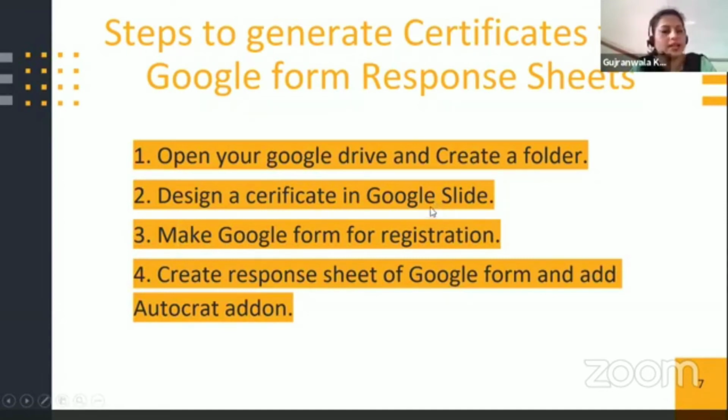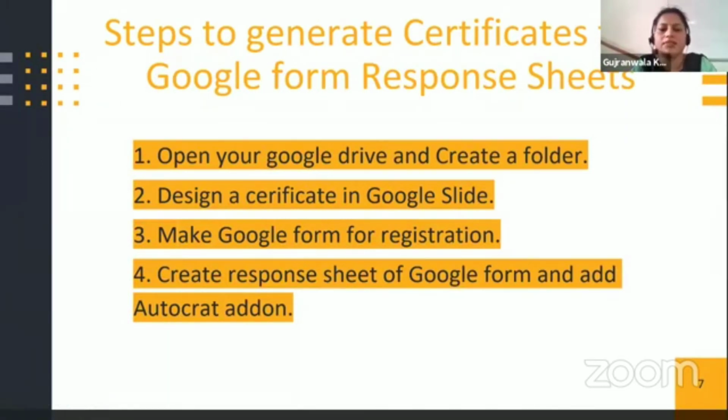Design a certificate in Google Slides like the one you have done, and make a registration form in Google Forms. Then create a response sheet of the Google form and add the AutoCrat add-on. In the previous method, we inserted the add-on in the Google form itself. Now in this method, this add-on will be inserted in the response sheet.